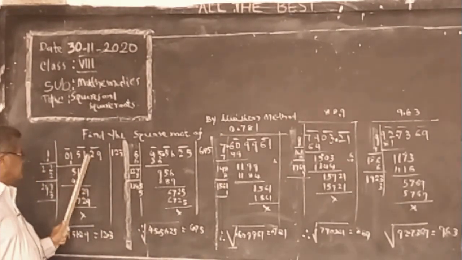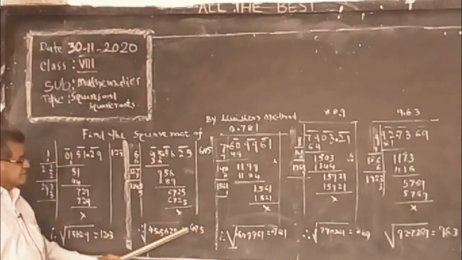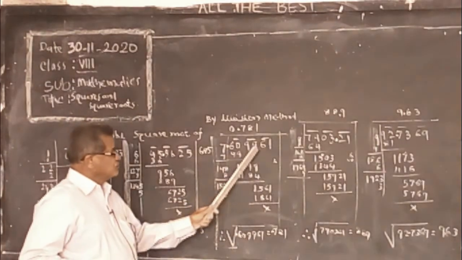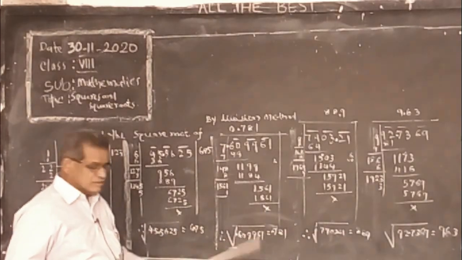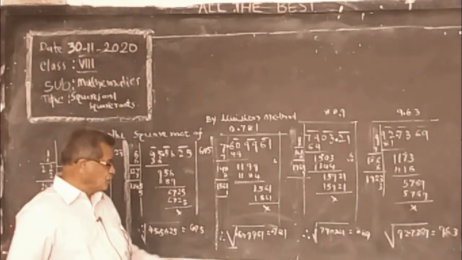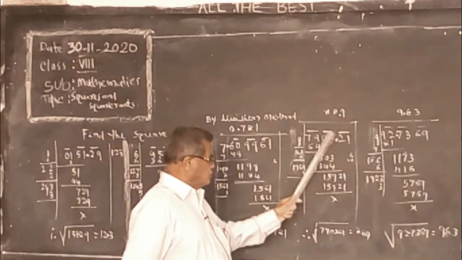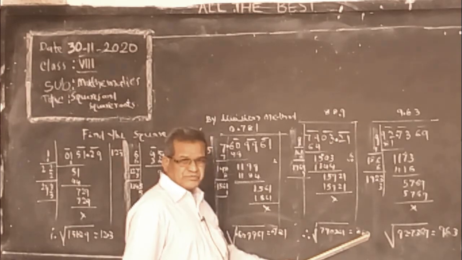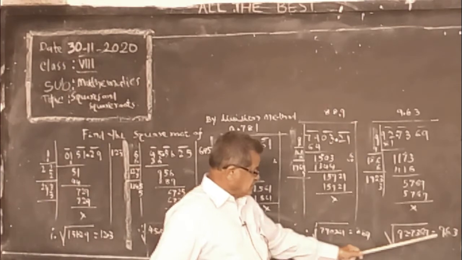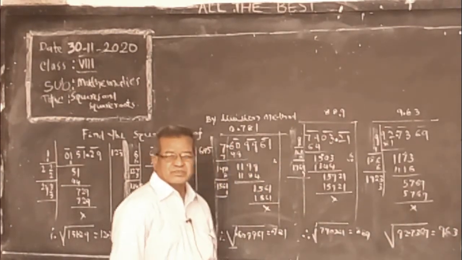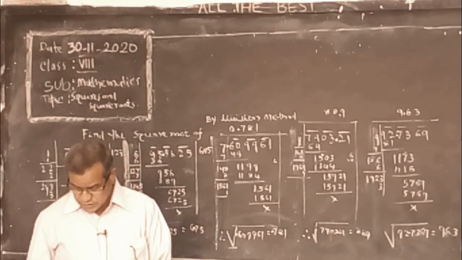There are only 2 digits, the square root 1. Here 4 digits. Here 6 digits, 1, 2, 3, 4, 5, 6 digits. Decimal, here decimal 3. Put 0. Put 0 here. Here only 2, only 1. Here decimal 4, 2 digits, decimal of 2 digits from the unit place. Like that we have to do. Let us do others tomorrow.